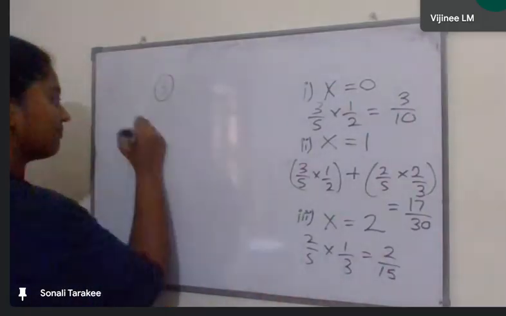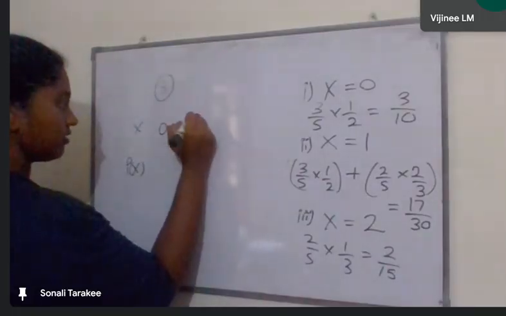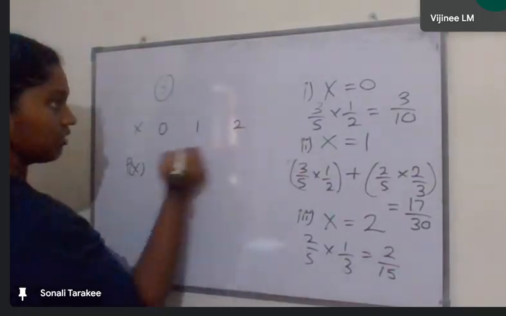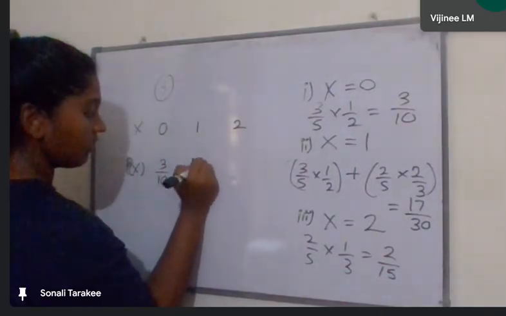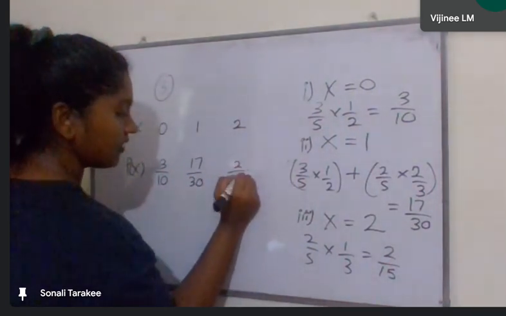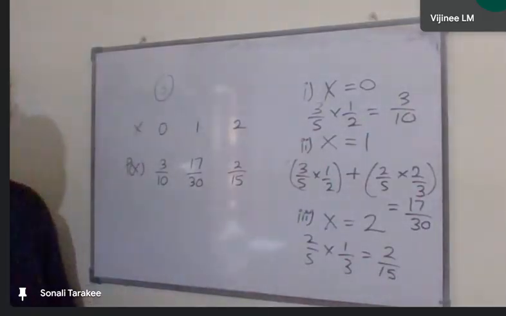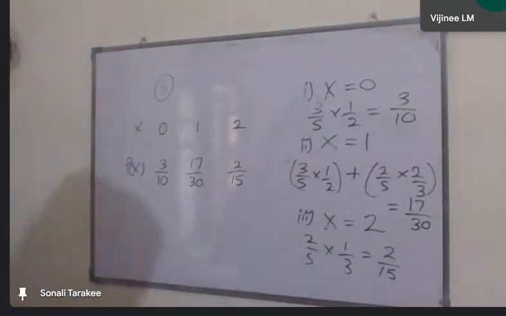So what we can do is: x, p(x), 0, 1, 2. For 0, the probability is 3/10. For 1, it's 17/30. The other one is 2/15. Simplify, and we can write the values. Okay? And then they are asking